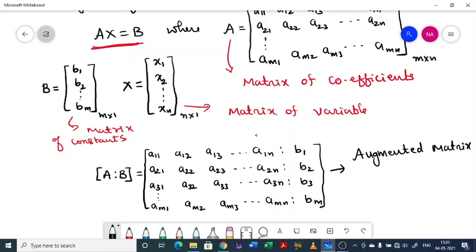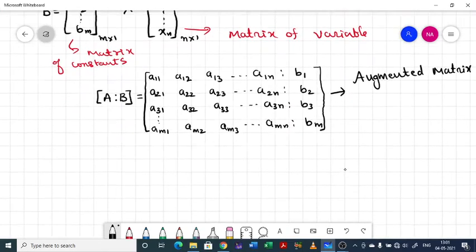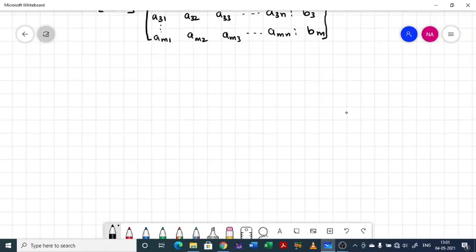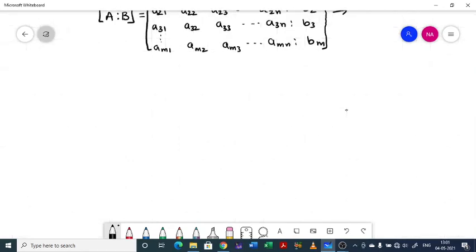So this is the one which we repeatedly use to discuss the consistency of system of equations. Now see, our main aim is, given a system of equations, we need to find whether that system is consistent. First question. Second, if it is not consistent, we don't worry about it. If it is consistent, then we need to find how many solutions that system possesses. Whether it has only one solution, or is there any possibility of having more than one solution, we need to discuss in terms of matrices. That is most important.